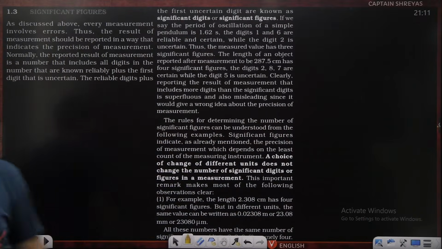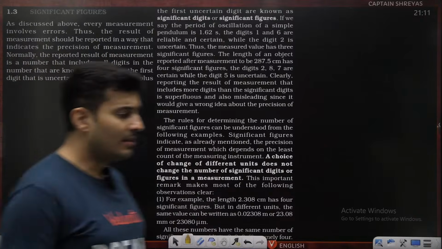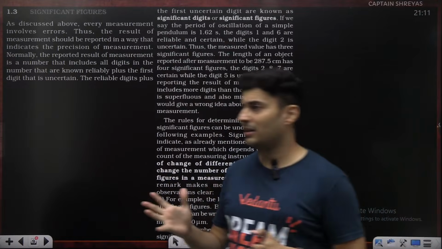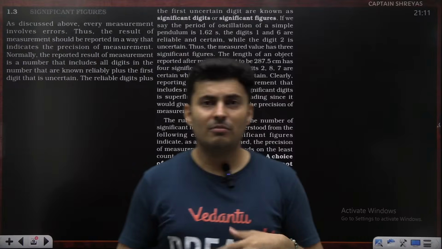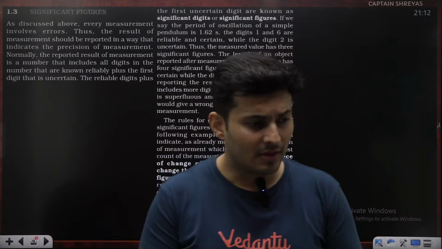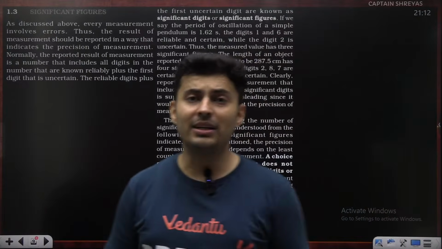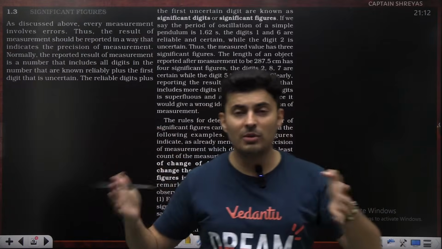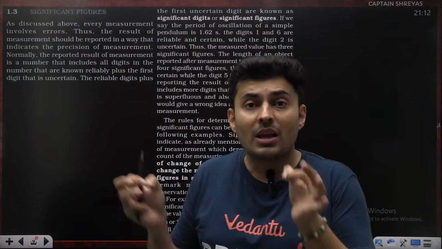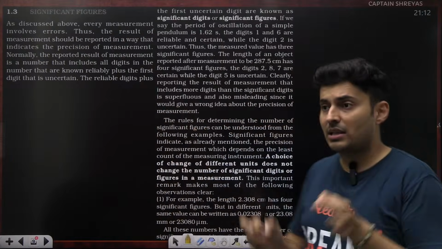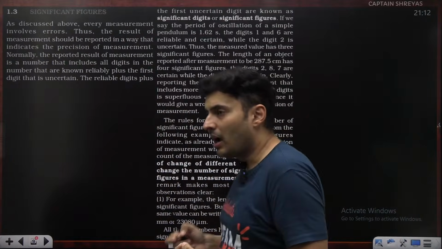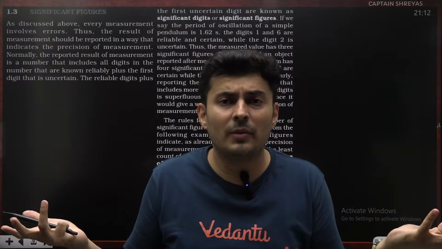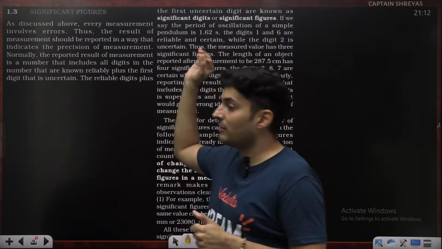Okay, cool. So, significant figures. This chapter entirely deals with units, dimensions, errors, how you represent physical quantities, etc. When you write a number, say my height is 7.2 feet or the length of this is 2.765 meters, you are using certain digits, and certain digits might be of importance, might not be of importance. Depending on how many digits make a difference, and some digits may not matter at all, you define the term called significant figures.